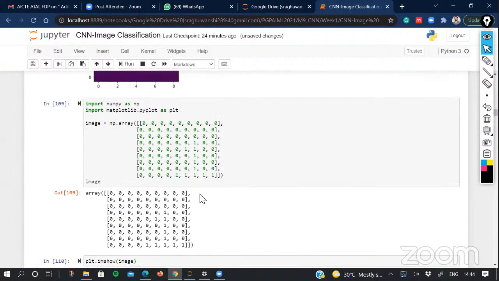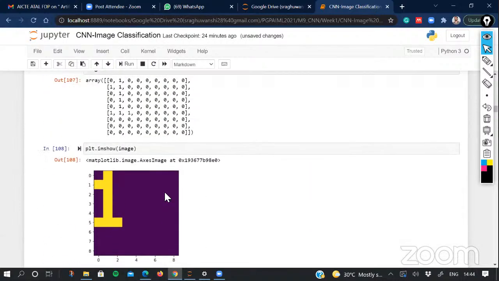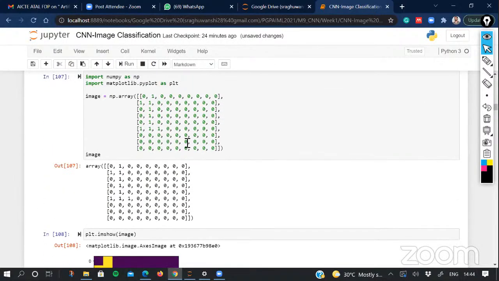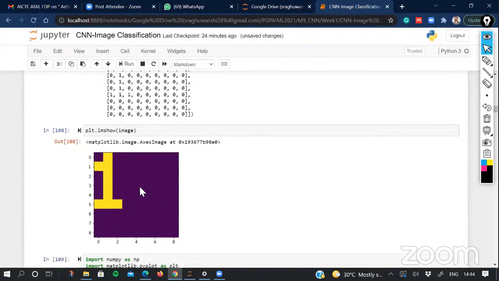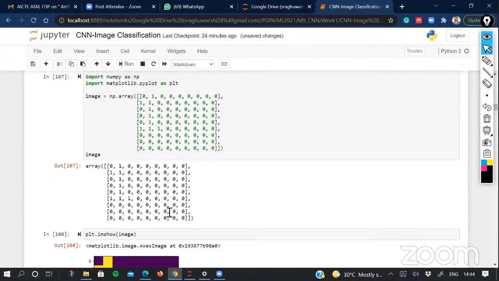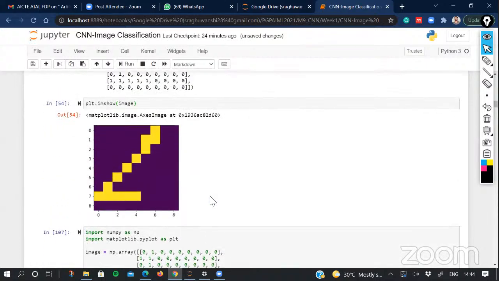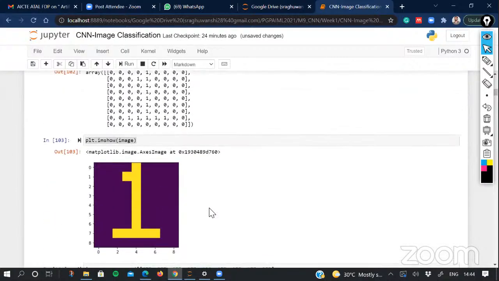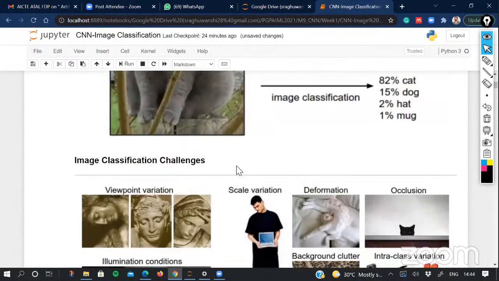But when we try to make any classification model, we want this classification model to be invariant with respect to these changes. If you feed any of these images into that model, it should predict it as label 1. This is our objective, but because of these different conditions of the images, this becomes one of the challenges of image classification.